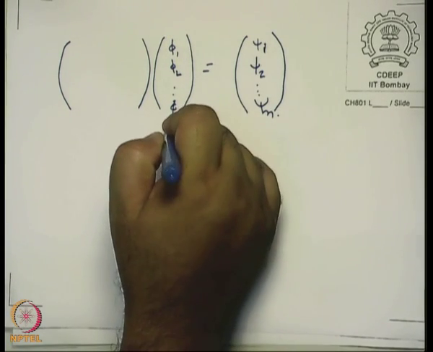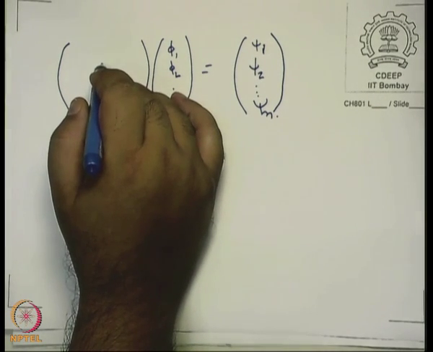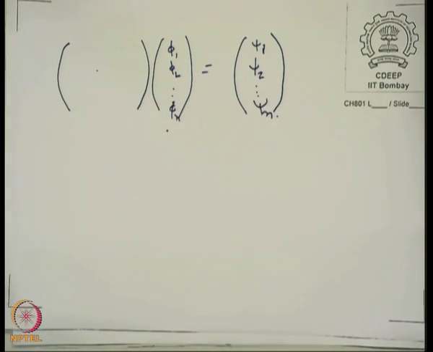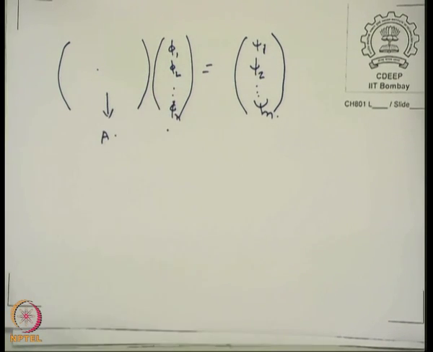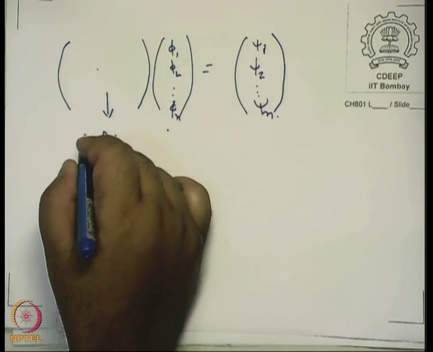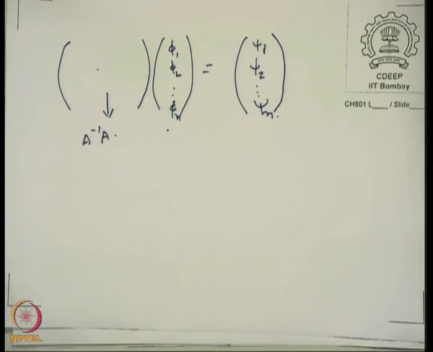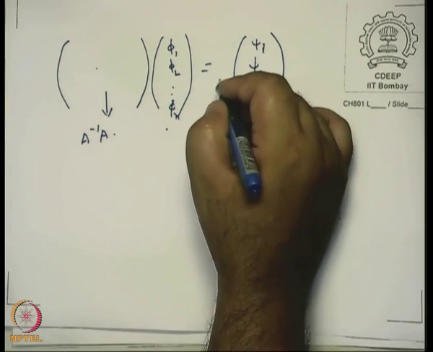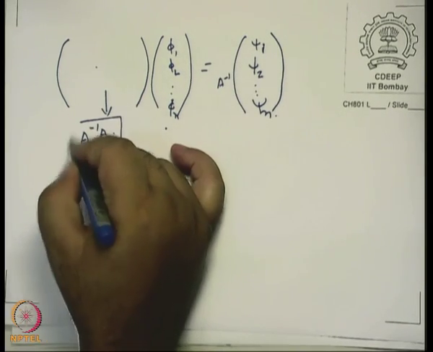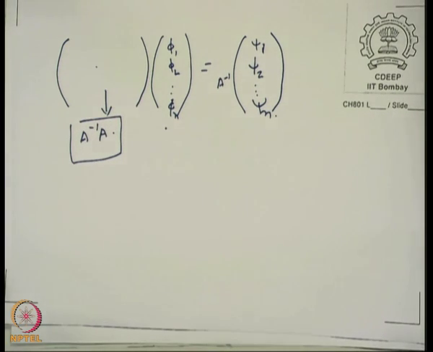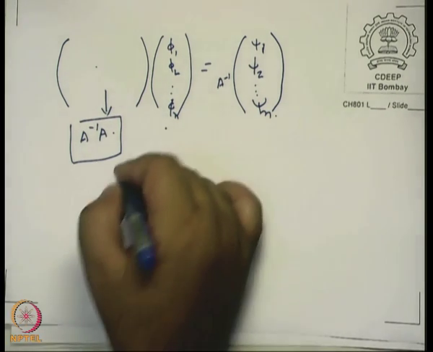These are the atomic orbitals. This is a matrix containing all the coefficients, and on the right hand side I have this matrix containing all the molecular orbitals. Okay. Let me write this as, say, A. This matrix is A. All right. Now, see, if I left multiply by A inverse, a square matrix should have an inverse. Then on the right hand side also I have to multiply it by A inverse. What does A inverse A give you? Unit matrix, right.